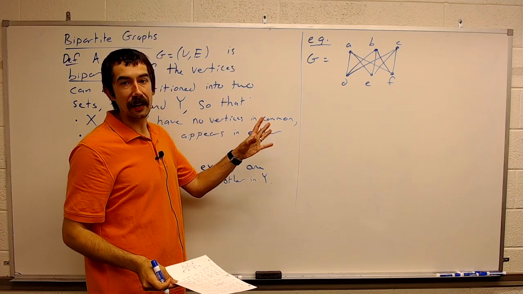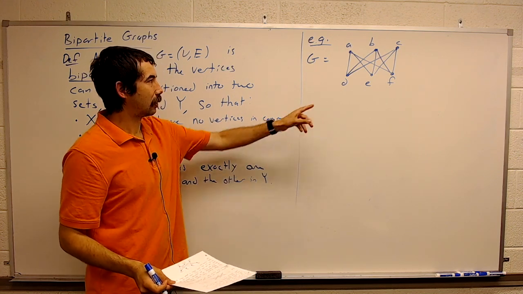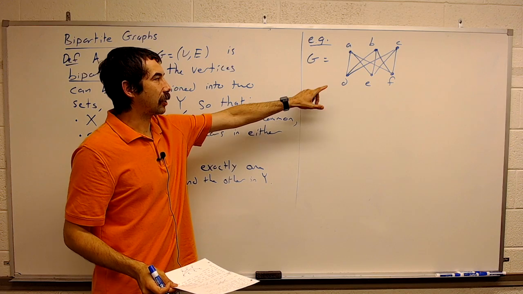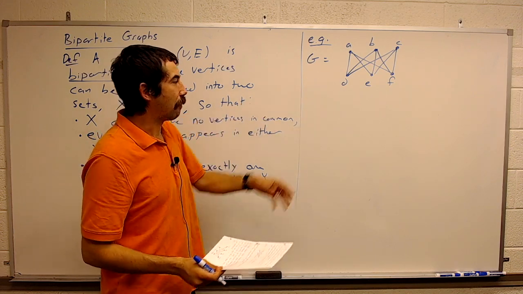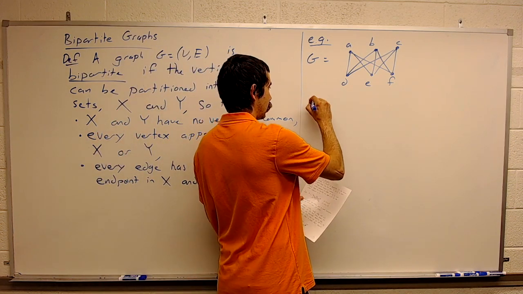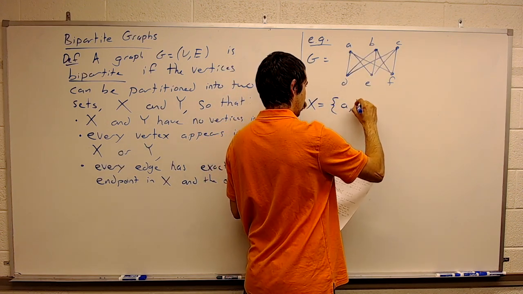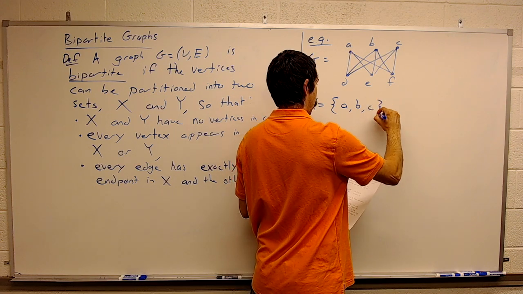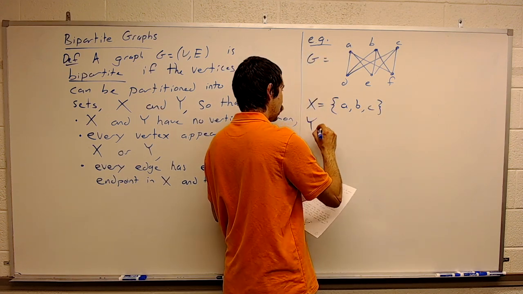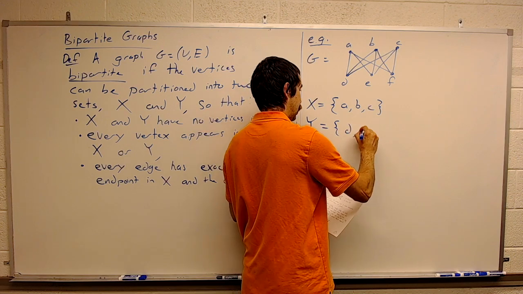Okay, maybe it's not immediately obvious to you. But look, if we let X equal A, B, C, and we let Y be D, E, F,